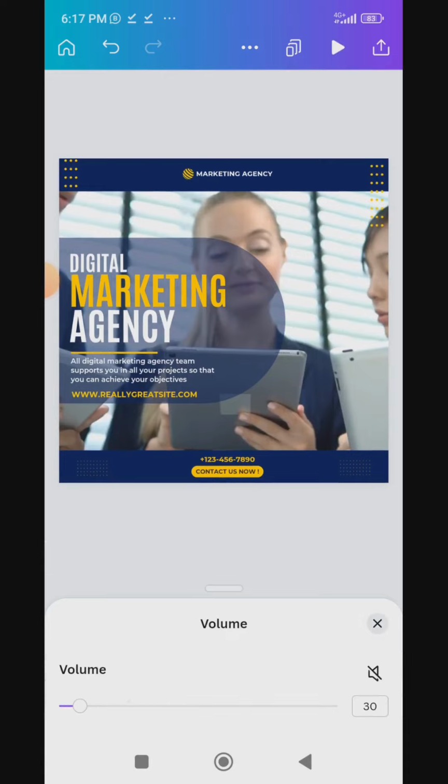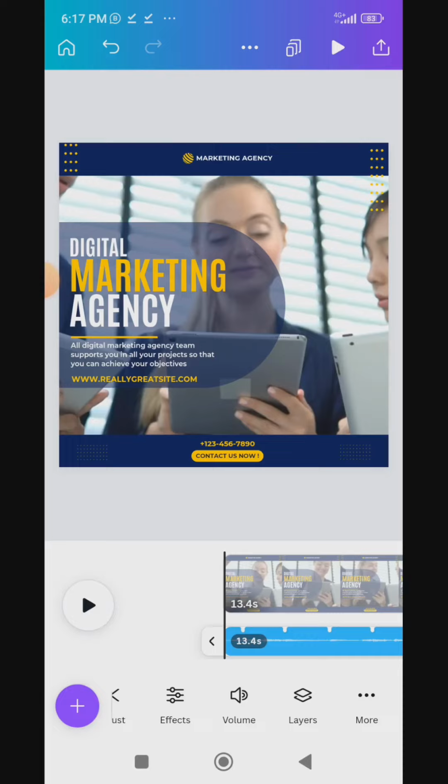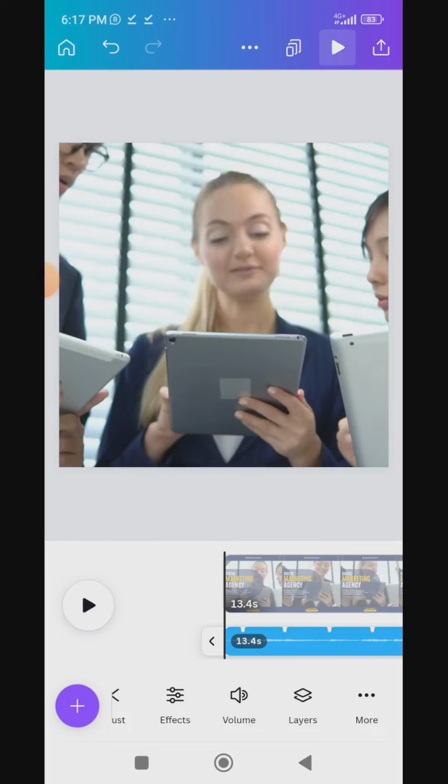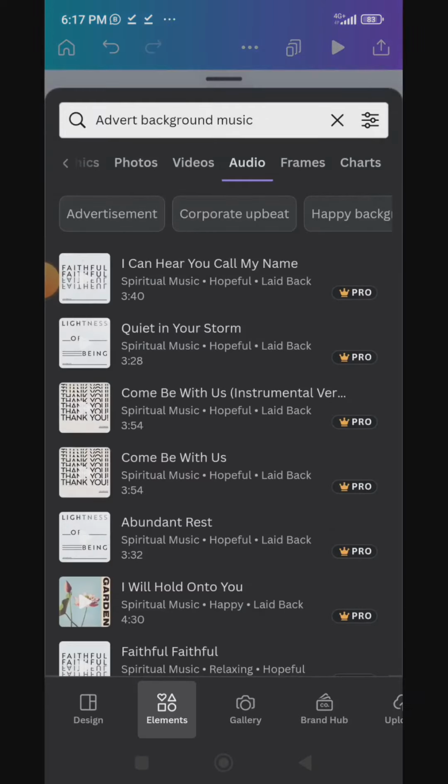Why am I reducing it? So that it will not overshadow the sound. If it's a talking video, you have to reduce it, but if it's not a talking video, you can leave it. So now I want this to be a talking video. How do I add speech to this video? You select plus, then you come to upload,